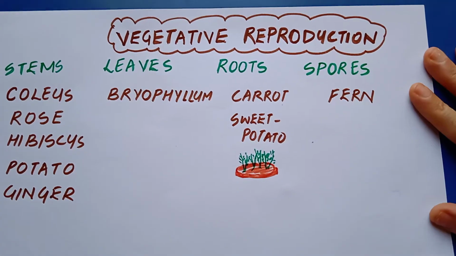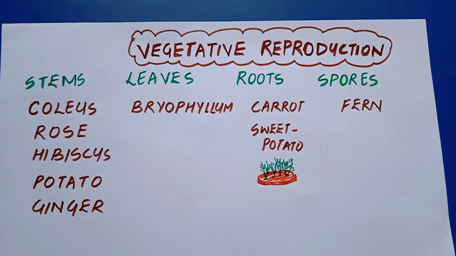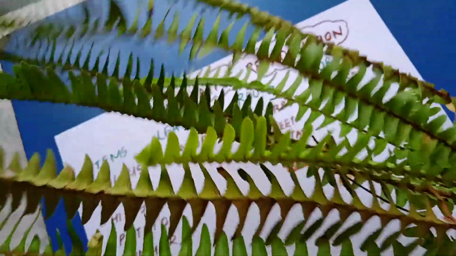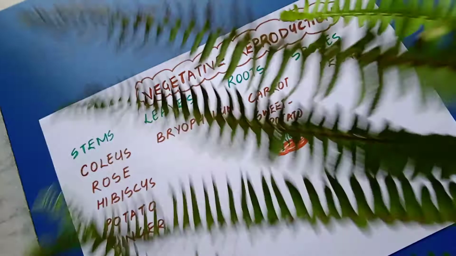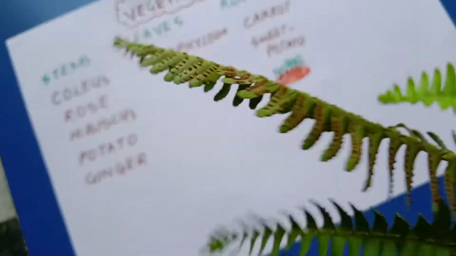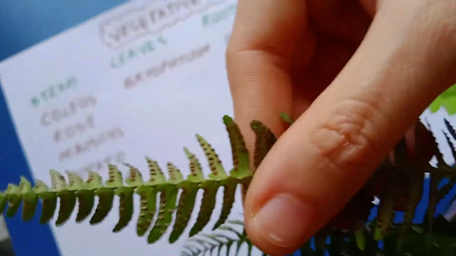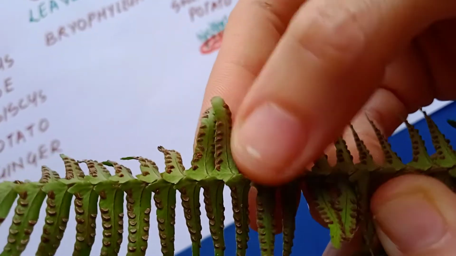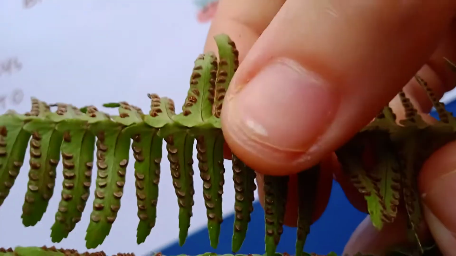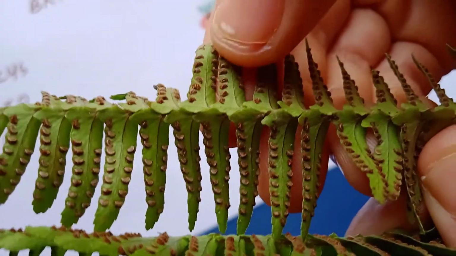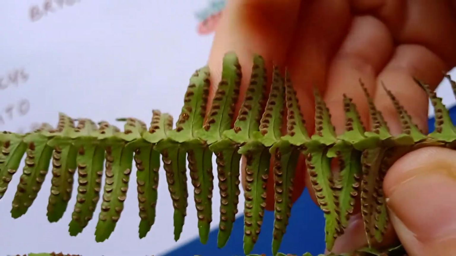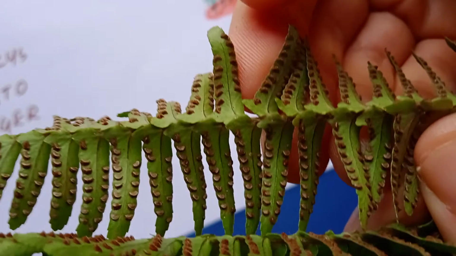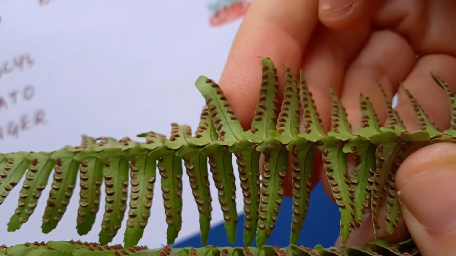Then we have spores. This is really interesting. I have got a plant here. If you can recognize it, this is called a fern plant. Now I'll show you what I have beneath the leaves of this plant. Can you see the brown structures on the leaves here? These are called sori. A group of these structures are called sori. Inside these sori you have tiny spores. Of course we cannot see them with the naked eye. With the help of those very tiny spores you will get a new fern plant in the proper conditions.